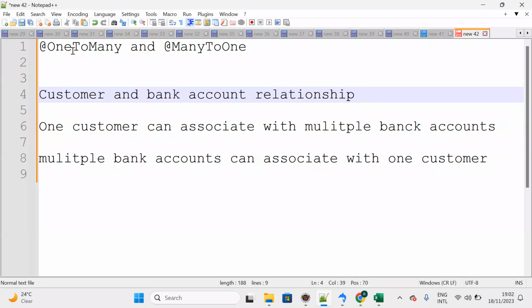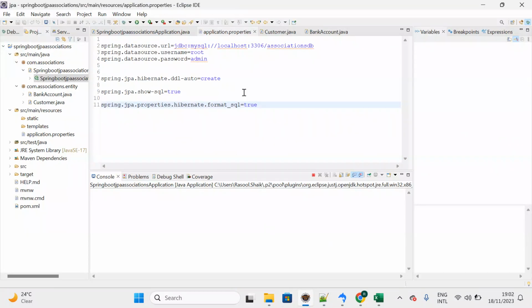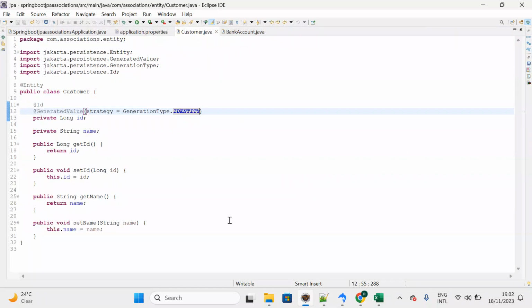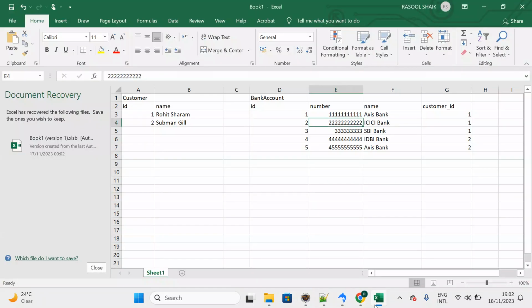So what kind of relationship? One to many and many to one. One customer can have multiple bank accounts, and multiple bank accounts can have one customer. So let me establish the relationship between customer and bank account. What we discussed earlier,